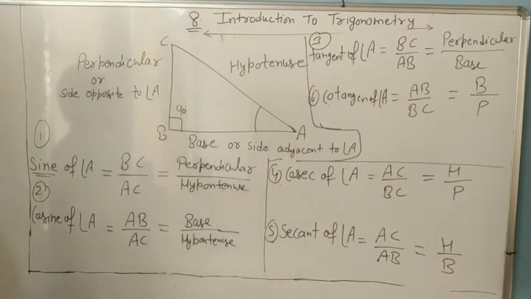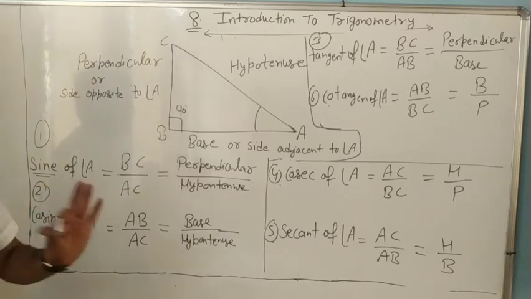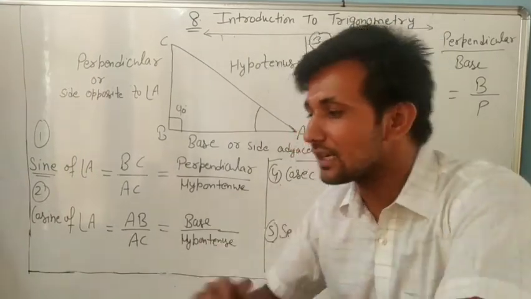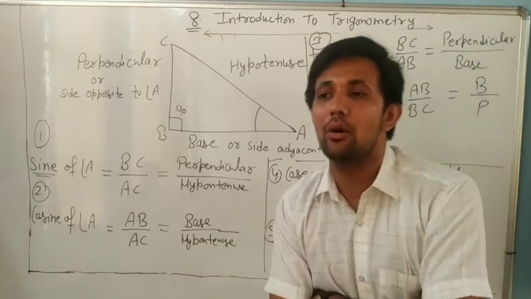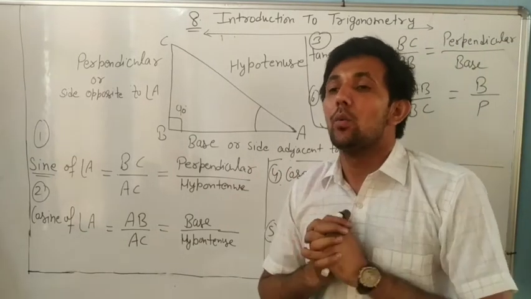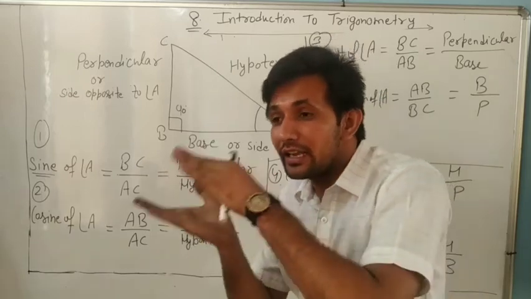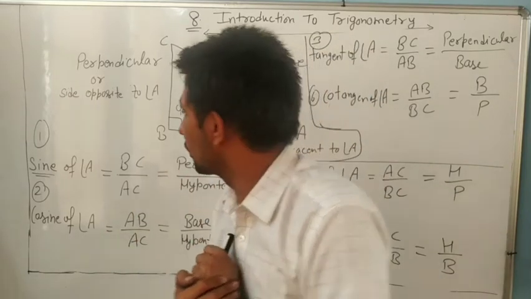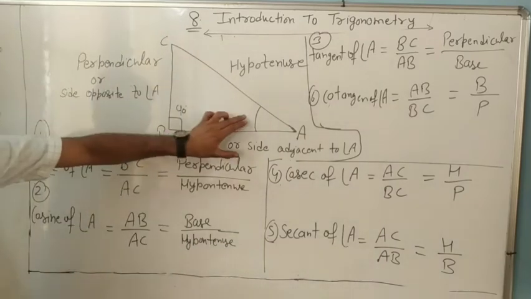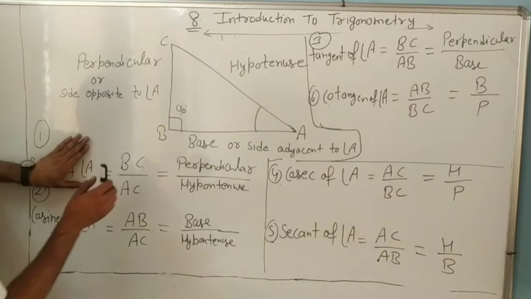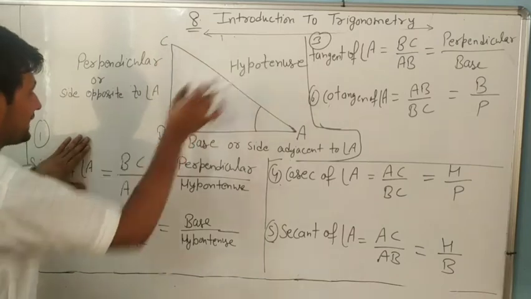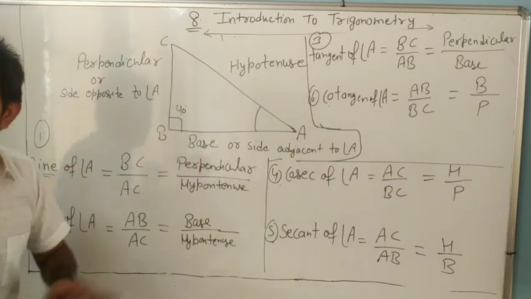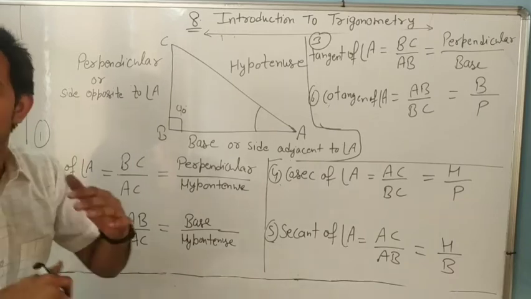Cotangent. Okay, dear, only listen. No need to be confused, because in the starting I told you what we will discuss in trigonometry: ratios of sides with angle. Look, if we are taking angle A, BC by AC is also angle A, AB by AC is angle A. All have the same name, so we will give them different names.